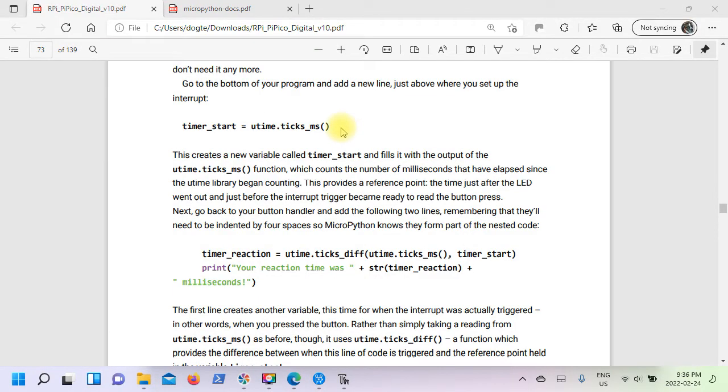So to make this game a little more exciting, we're going to change it up a little bit. We're actually going to start a timer. So what we're going to do is create a brand new variable called timer start, and it's going to be equal to